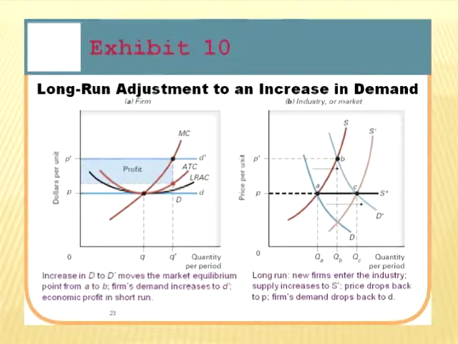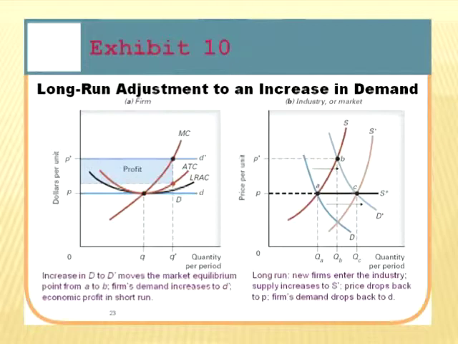The result was that the firm over on side A, notice its price, was at a normal profit only at a price of P. Once the price goes up to P prime, now it suddenly is making a profit. That profit is the difference between the black dot and the red dot per unit times the quantity Q prime. So the little blue shaded-in area there is the profit for the firm. But the result of that is the other people looking at that industry see that it's possible to make economic profits, and so they join the industry.